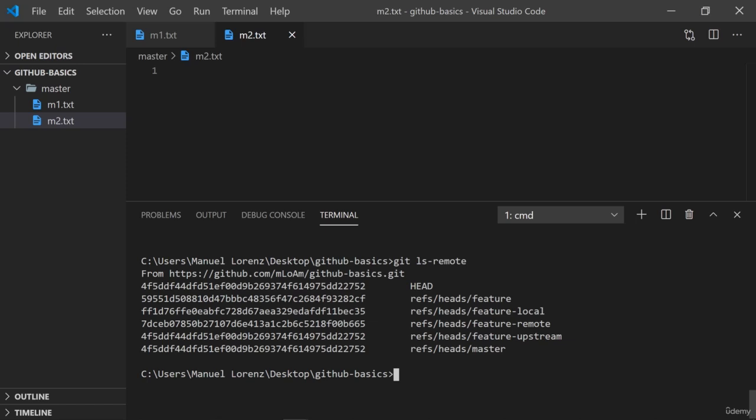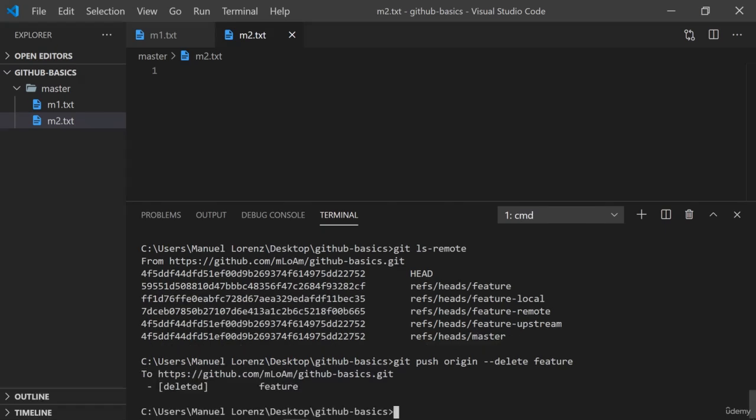How can we delete now a remote branch? Well, this can also not be done with git branch -d, because to interact with GitHub, we have to push or pull, right? In this case, we have to push. And what do we want to push? Well, we want to push to our origin. And now we want to delete again. So --delete, just as we did it for our remote tracking branch. And now the branch name. So this is just feature. We're referring to a branch in origin, so it's a remote branch. And with that, if we confirm this,